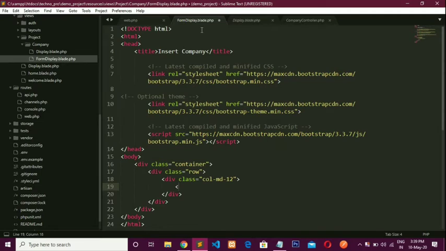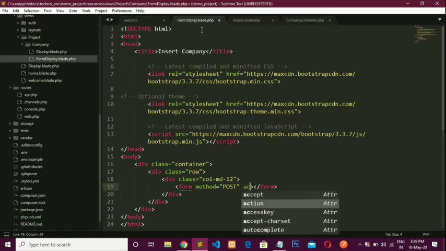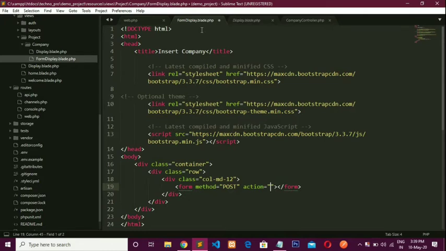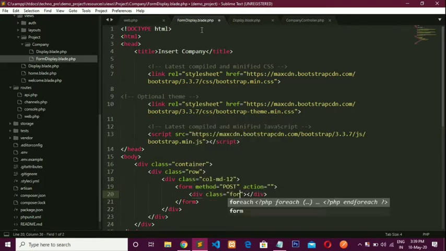Okay, now form, method is post, and action right now is blank. Okay, div class form-group.